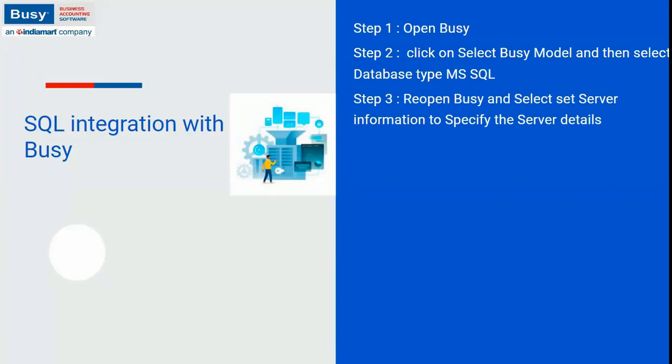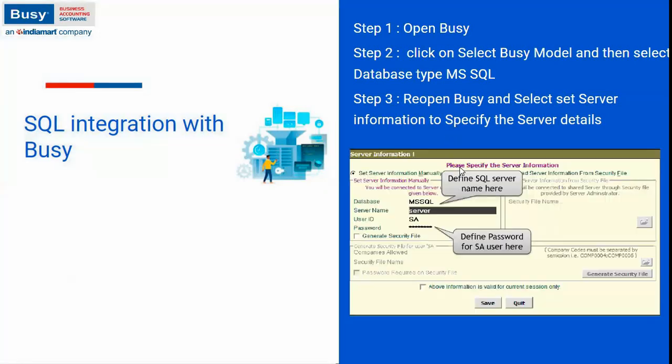So once you reopen the Busy software, you will find an option to select set server information to specify the server detail. Okay, so when you click on the set server information option, then this server information box will appear where you have to mention the server name. As I showed you in the setup file, if you select the default instance, then you can mention the computer name as your server name. So you can mention your computer name as your server name. You can get the computer name from the